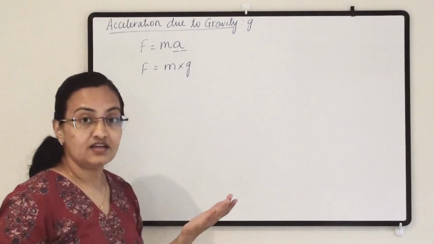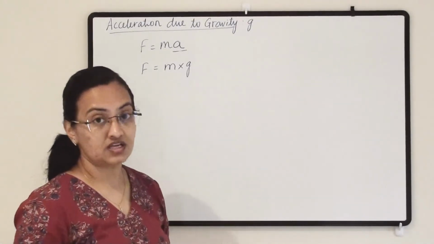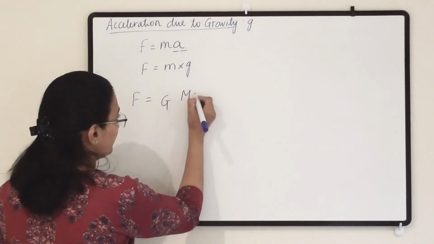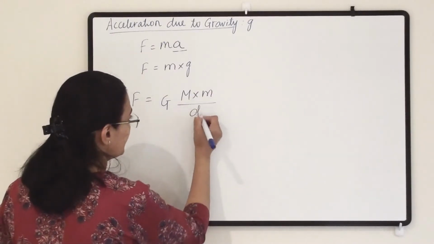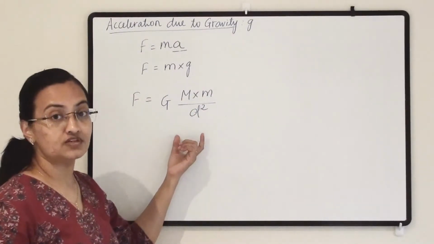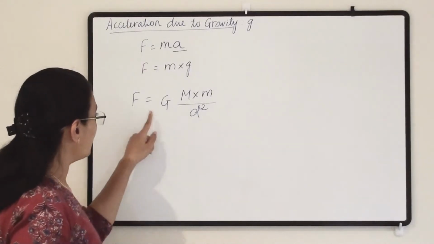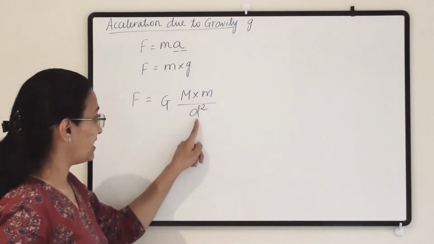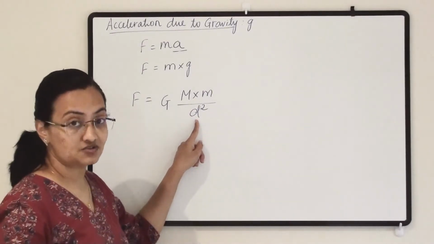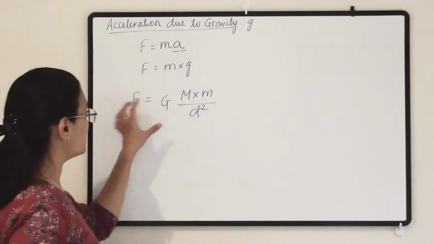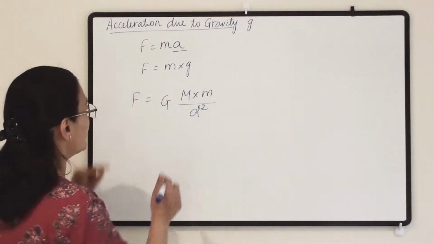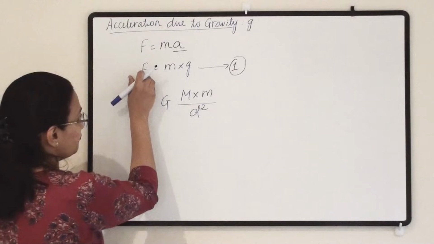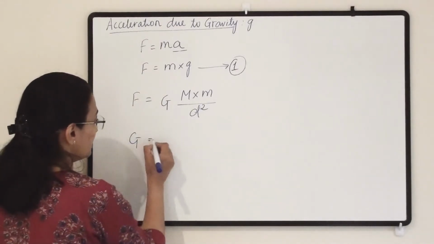Now, in earlier formulas we have seen what force equals. We know that F equals G, capital M into small m divided by d square. This is according to the universal law of gravitation. So F equals G, the product of both objects' masses, and in the denominator the distance squared. This is the formula. Here we are going to replace this in the first equation, putting this value for F. So it is going to be G into